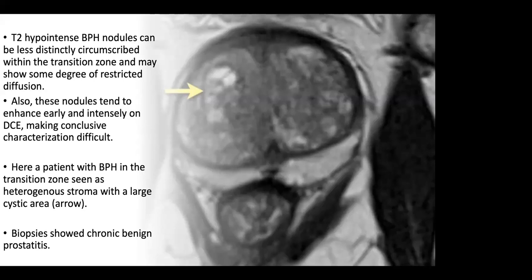Sometimes you can also see hyperintense signals on T2 weighted images within benign prostatic hyperplasia changes. So they can be either hypointense or hyperintense like this. The hyperintensities suggest cystic changes within them. But remember, if they are encapsulated and well circumscribed, these appearances make them less suspicious, versus an ill-defined or uncircumscribed appearance, which is usually for cancer.